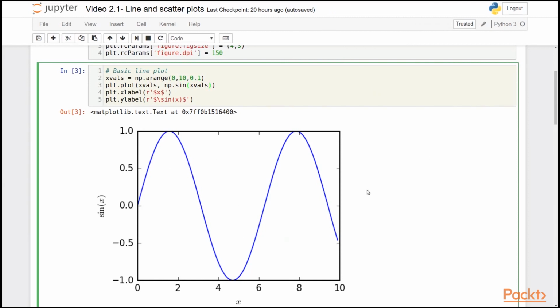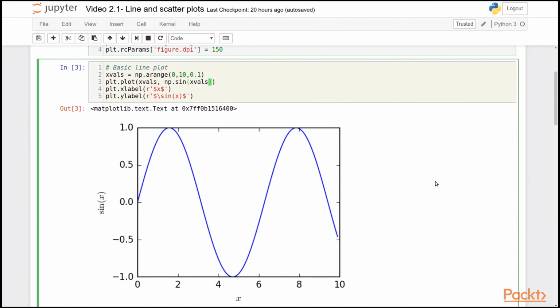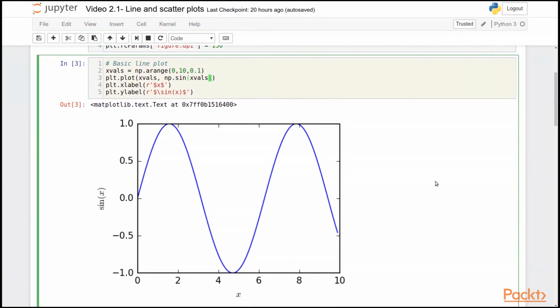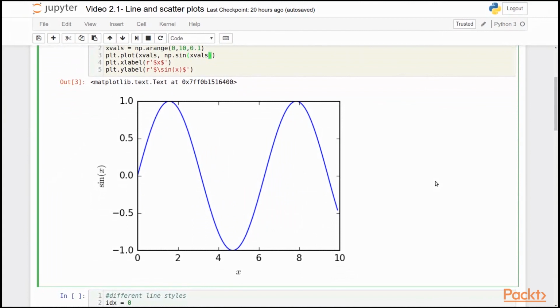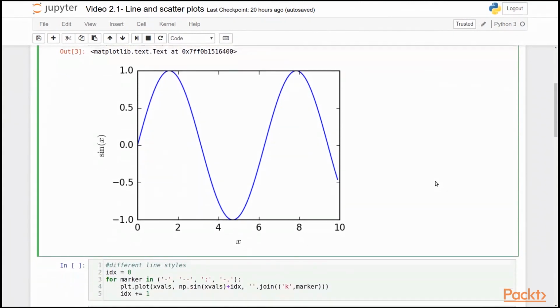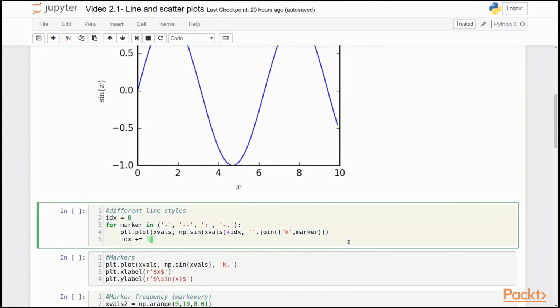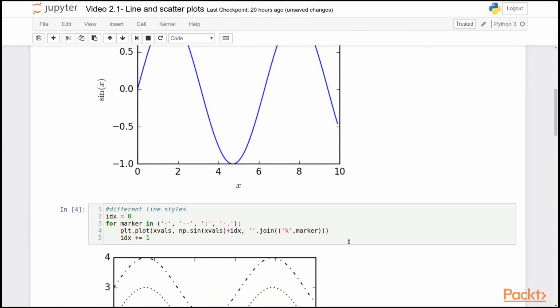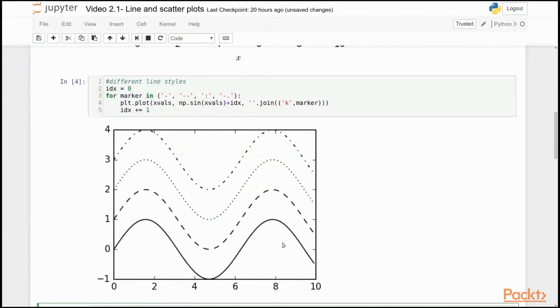This curve, the line, can be changed in its style by either passing the linestyle argument, as we saw in the last video, or by using the quick format strings with the third non-keyword argument. There are 4 default options provided for you: a solid curve, a dashed curve, a dotted curve, and a dash-dotted curve. You can access these using either a single dash, a double dash, a colon, or a dash followed by